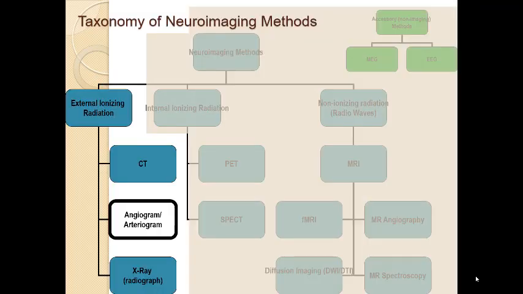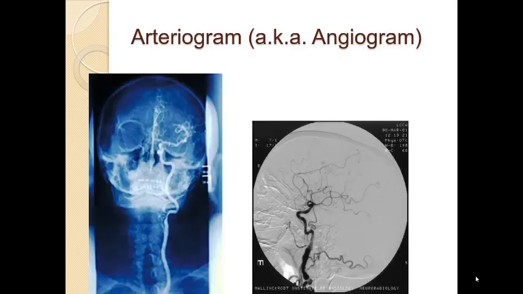You can see this most commonly in the angiogram or arteriogram, which attempts to look at blood flow in the brain. This lets you see the flow of blood through the body by injecting a dye into the veins, which changes the opacity of the blood to X-rays,